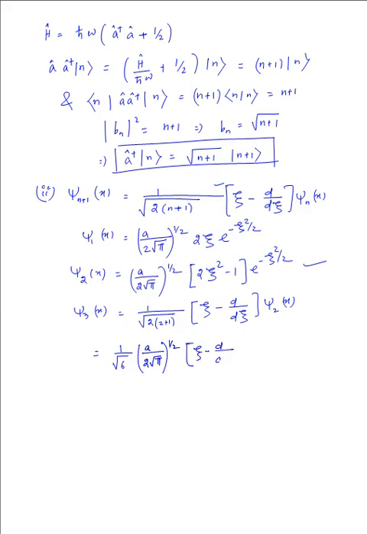So this is xi minus d over d xi of the term that is there, that is 2 xi squared minus 1 times e raised to the power minus xi squared over 2, and that is going to give us root 2 and root 6, and I'm tempted to multiply them, so let me do that. So I have a over 12 root pi all under the root,